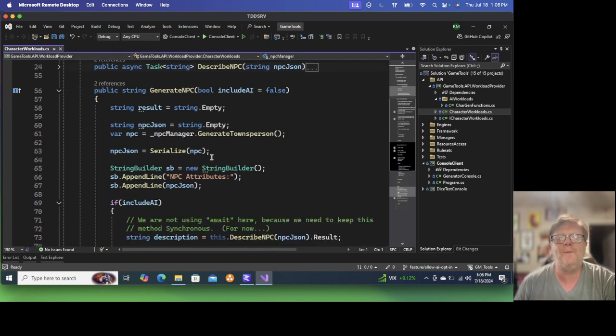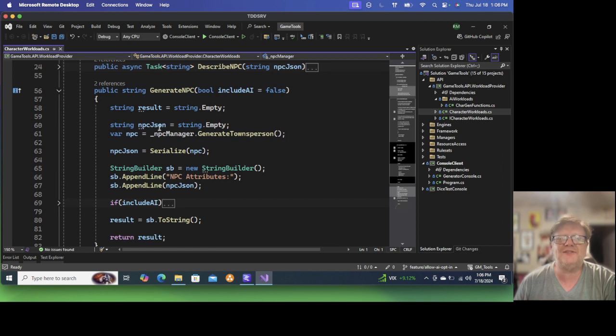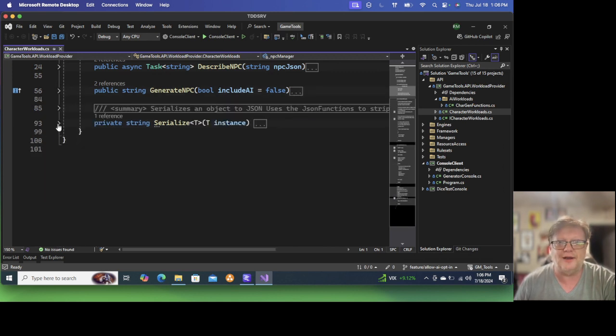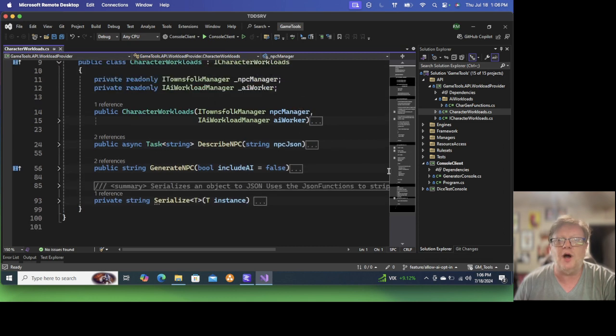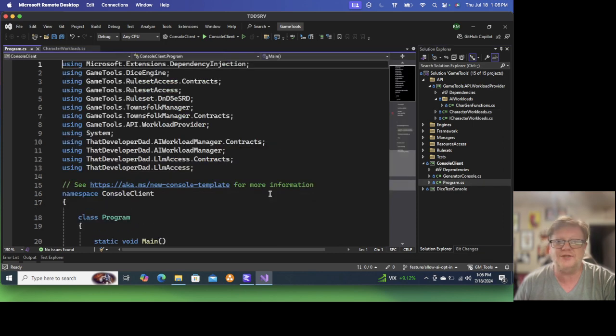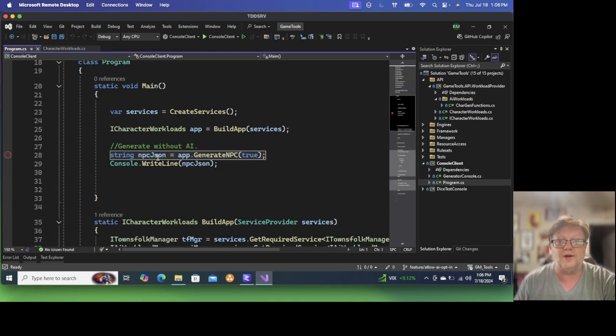Now, that's fine for a console app, which is what we're dealing with right now. So let's just continue on with that concept. We'll come out to our Program.cs and we'll scroll down to where we're actually doing the work. And let's write some comments, or we'll fix up some comments